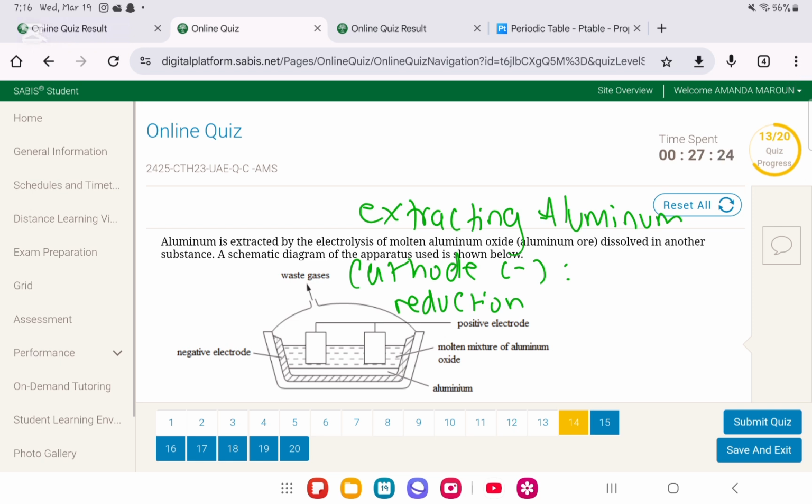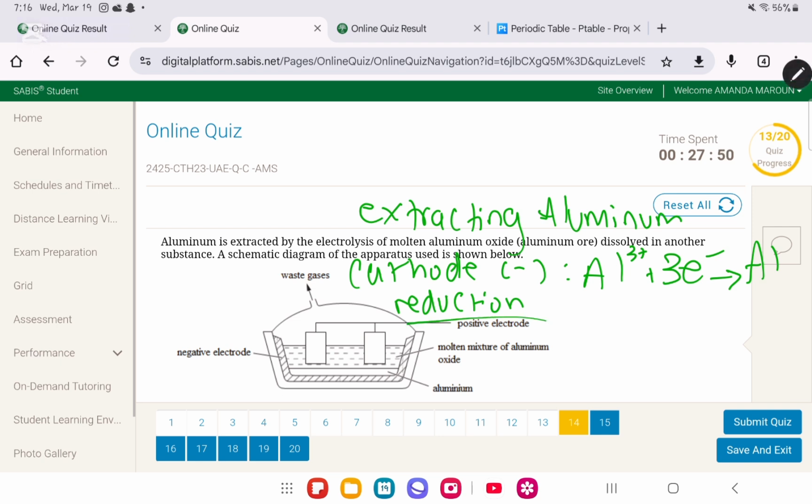So by extracting aluminium in the process, in the cathode, which undergoes reduction, we will get the pure aluminium. And the equation that happens is Al3+ plus 3e- gives us aluminium, Al. So Al3+ plus 3e-, it is gaining electrons, which is the definition of reduction,